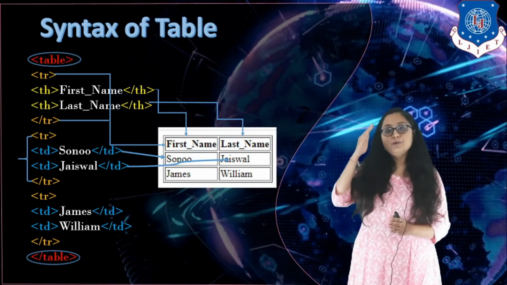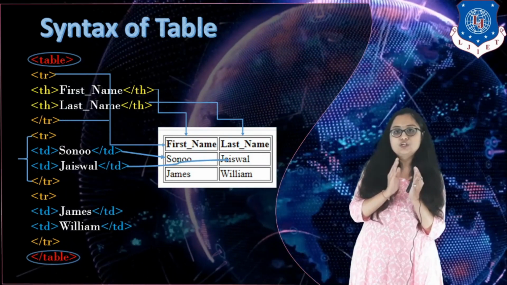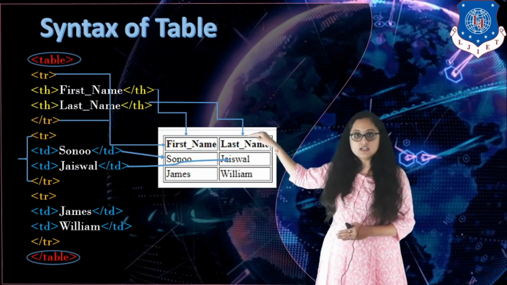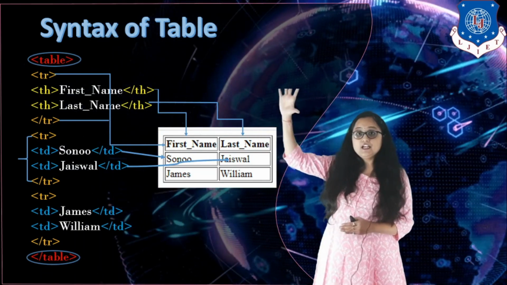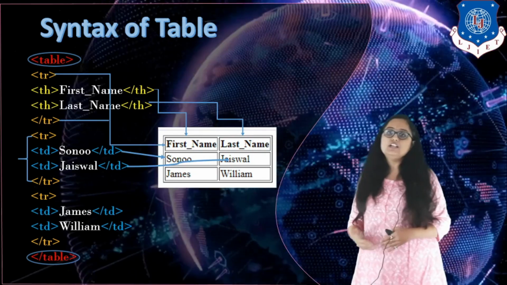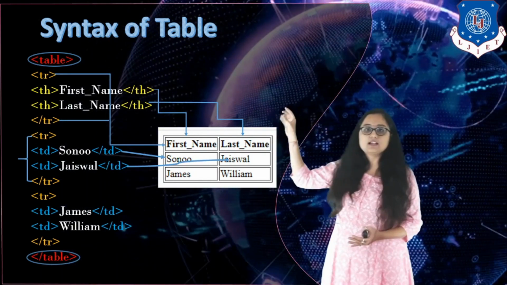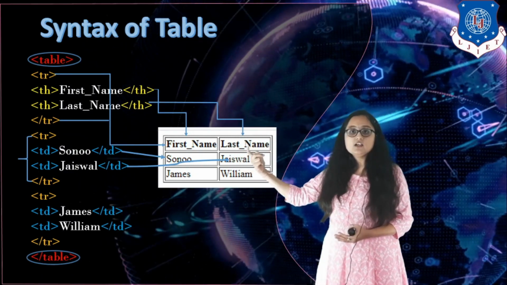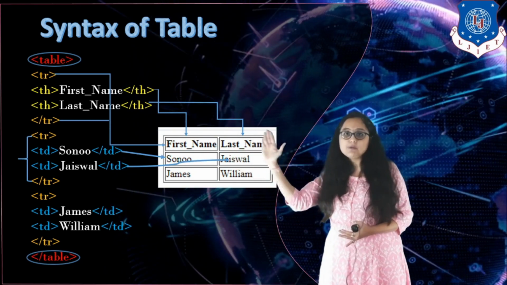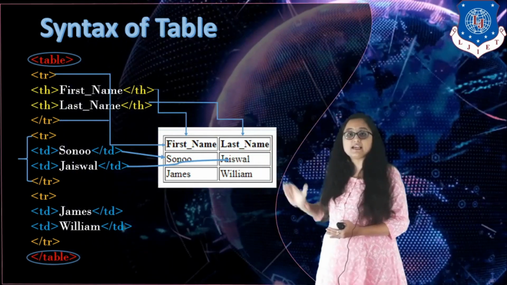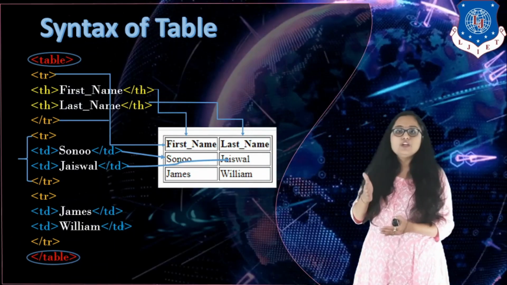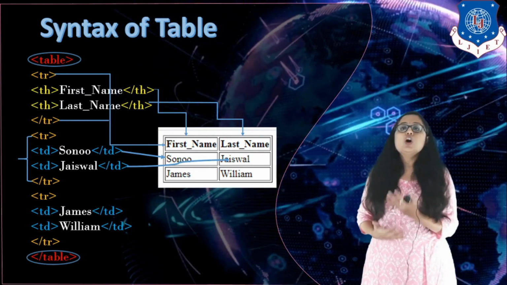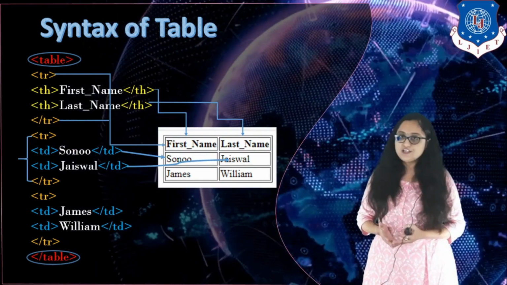Also this follows a particular chronological order from top left to right bottom. So whatever row you want to get displayed first, that row's content you have to write first into the table. HTML by default follows this structure: if you write TD and inside TD first name, and then you write TD last name, this first name will be displayed on the left hand side, last name will be displayed on the right hand side. Why? Because it is following top left to right bottom order by default. This is the chronological order that a table or any HTML structure follows by default, right?